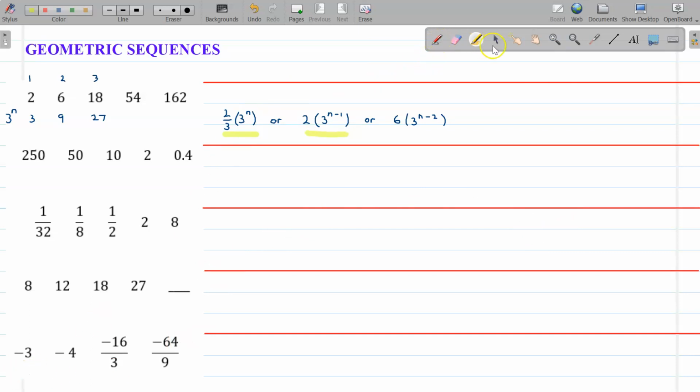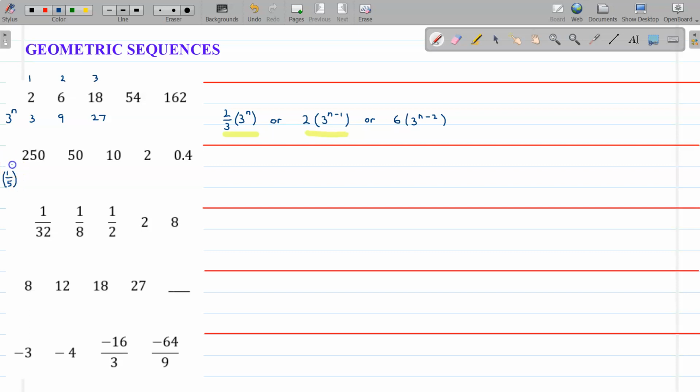The next one concerns a sequence that's changing by a multiple of 5 each time. But this time we're actually dividing by 5. So we're dividing by 5 to get 50, dividing by 5 to get 10, and so on. Now, when you divide by 5, you're also multiplying by a fifth. So if I were to do 1/5 to the power of n,